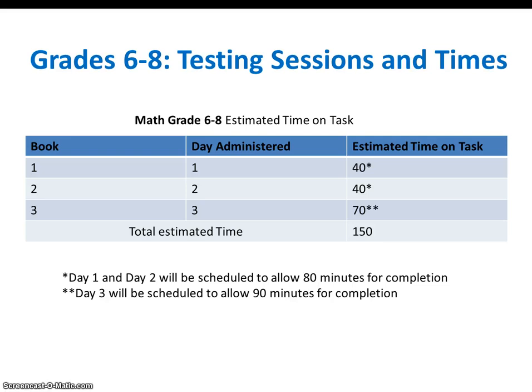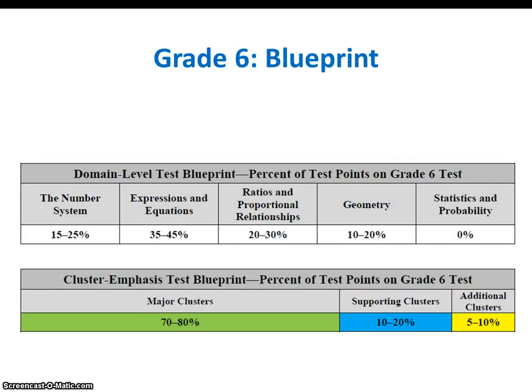Grades 6 through 8 testing sessions and times, 3 books, 3 days, total estimated time on task is 150 minutes. Day 1 and 2 you need to schedule for 80 minutes, and day 3 90 minutes. Grade 6 blueprint,